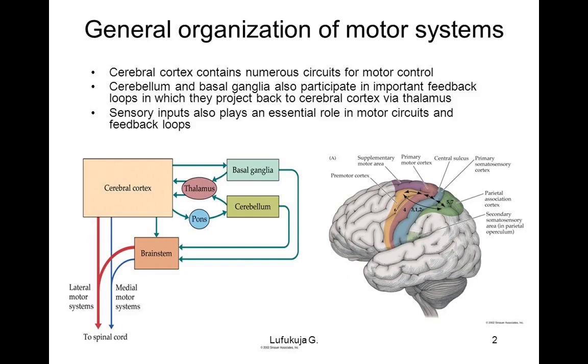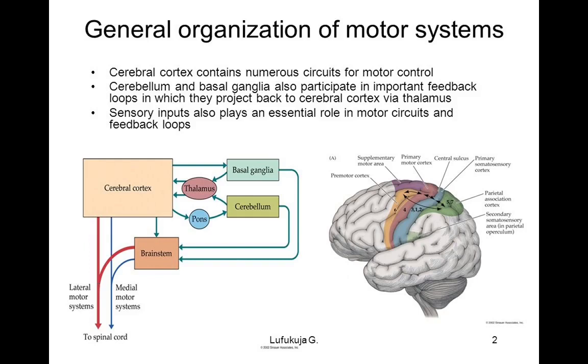It coordinates these movements and posture, and eventually all that processed information is sent back to the primary motor cortex, which executes the final movement, and the final movement is then sent through the lateral motor system and the medial motor system. Understand? One will help in the assumption of a posture. That means the medial motor system will help in the assumption of a posture for the execution of a required movement, and the lateral motor system will be executing those desired meaningful movements.